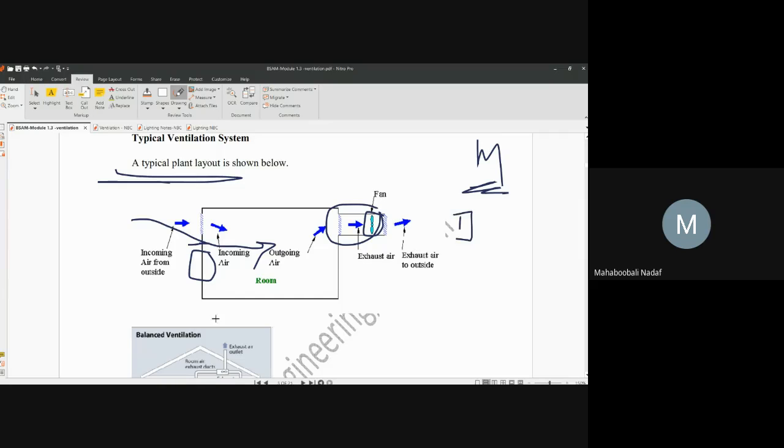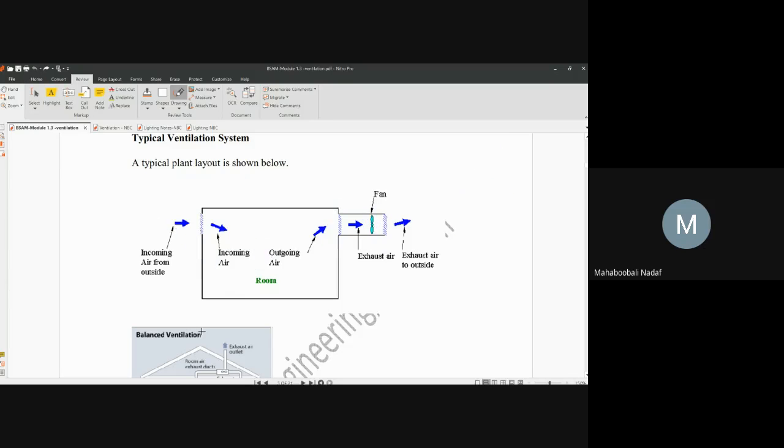That is the first classification. The second classification is what? Here you are fixing the fan, which is called an exhaust fan, which is sucking the air inside, so that outside air also automatically gets inside. This is the second type of classification. Third type, for both inlet and outlet we are fixing fans or some mechanical equipment, creating pressure difference on both sides. So air is getting inside forcibly, and air is getting outside also forcibly. This is the third combination in the mechanical system. Is that okay?